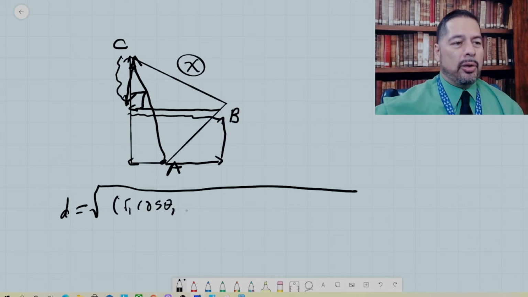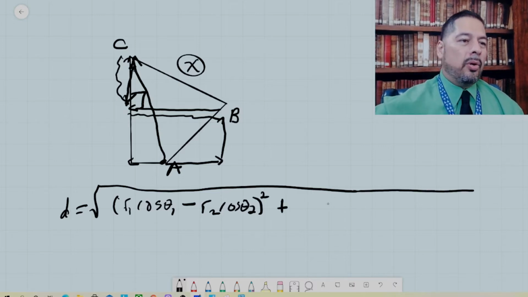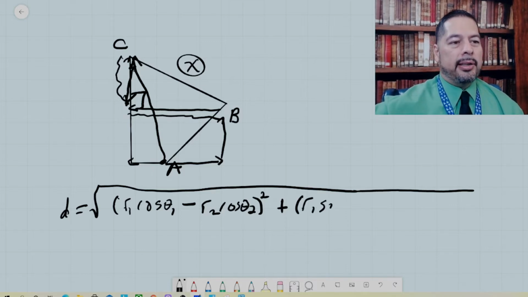This is looking at the horizontal components, minus r sub 2 cosine theta sub 2, that quantity squared. And again, this is the Pythagorean theorem. You add the vertical line, which is obtained by r sub 1 sine theta sub 1,